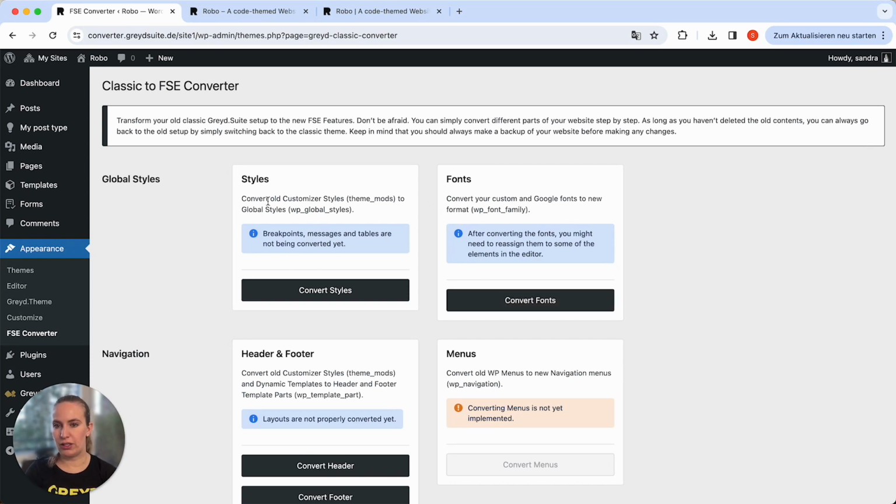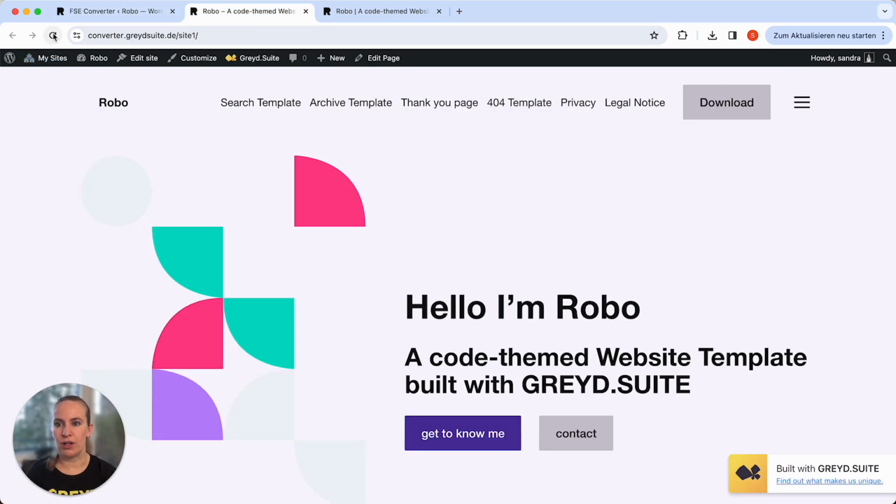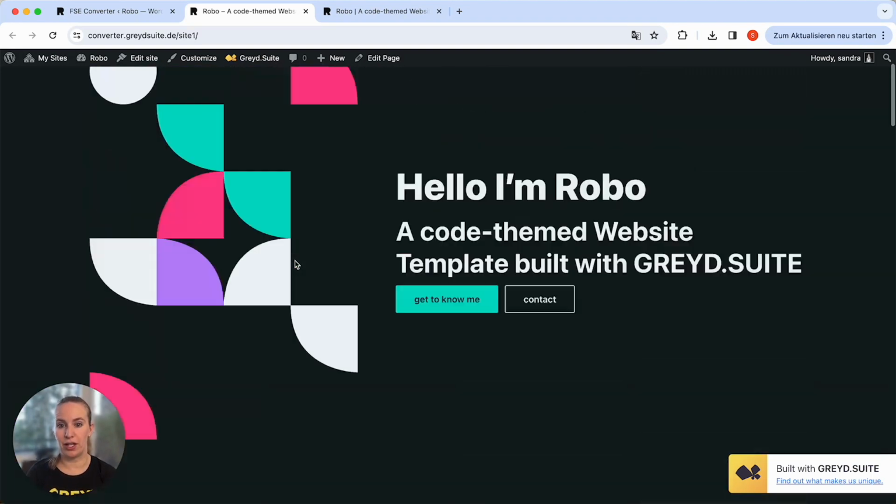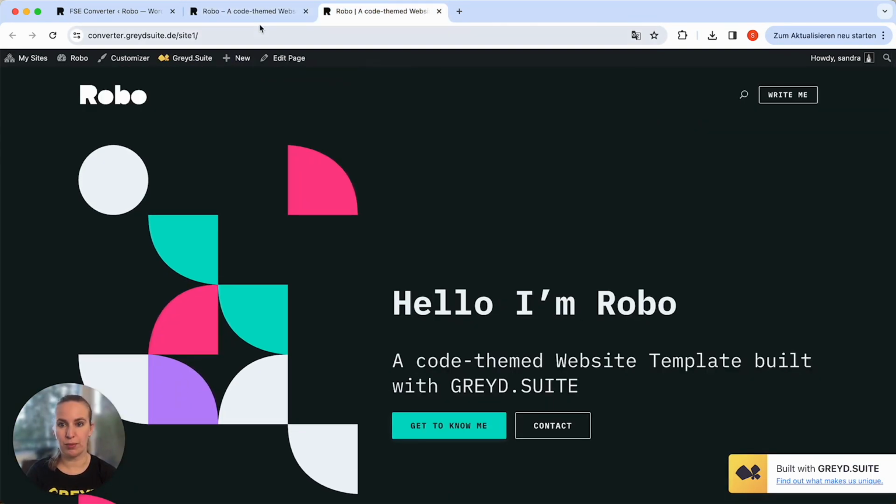The first thing here is the styles. It's just one click to convert them. Styles is everything that had been handled in terms of design in the customizer, and in full site editing it's now called global styles in the site editor. And if we take a look at the front end, it now already looks a lot more like our initial website, but not fully